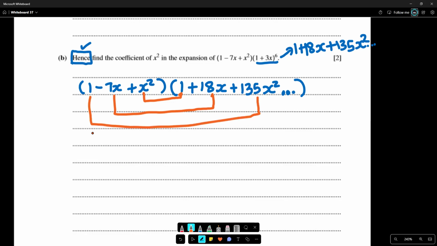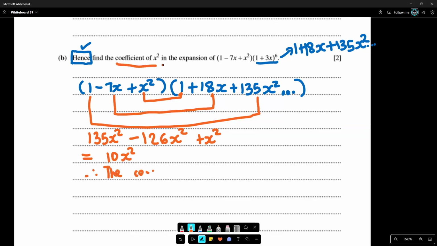Now we can multiply. So we're going to have 135x squared, which is this one multiplied by that one. And then minus 7x times 18x gives us a minus 126x squared. And then this times that gives you plus x squared. And then we get this minus that, which is 9 plus 1. So we get 10x squared. Therefore,